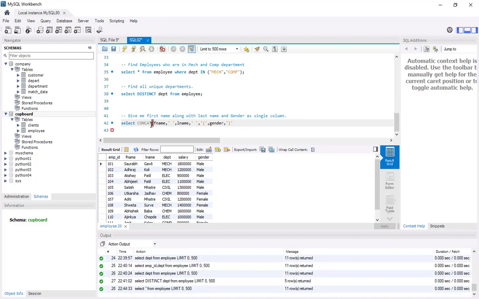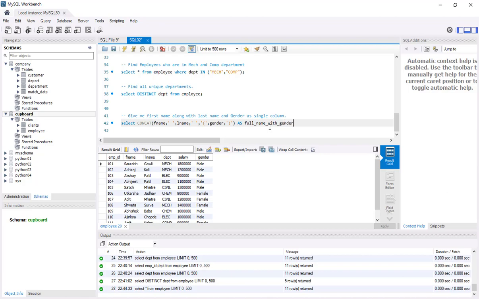Select concat. This string is there. You read this properly, you will understand. Write it properly, you will get it. Okay, I will use the alias as operator. I will use an as operator which gives the alias, changes the name. As what name do I want? I want full name with gender. I'll complete the string. Now if I run this,